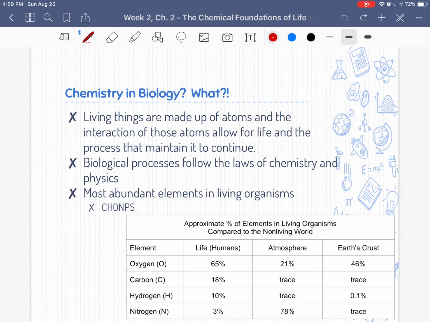And when we talk about elements and living organisms, there are 6 elements that are essential to life. And they're extremely abundant in those living organisms. We have carbon, hydrogen, oxygen, nitrogen, phosphorus, and sulfur. So those elements are extremely important to life. They help to build the macromolecules that living systems use in order to function.